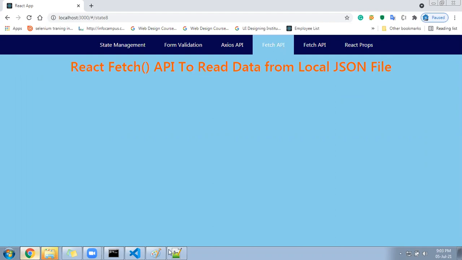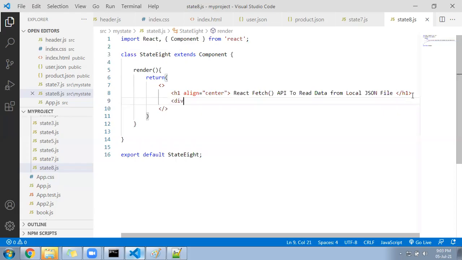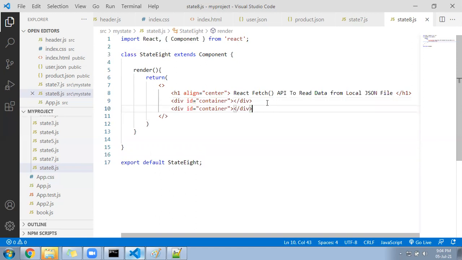Now I will be creating a block here. Let me go here and create a division, and for this division I'll give ID equal to container. Container, and then let me create one more container. Two containers I have created. Definitely we should not use one ID two times, but I have written the CSS, so that I'm using.